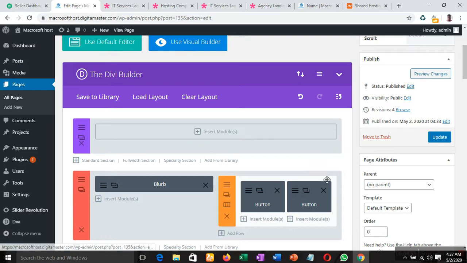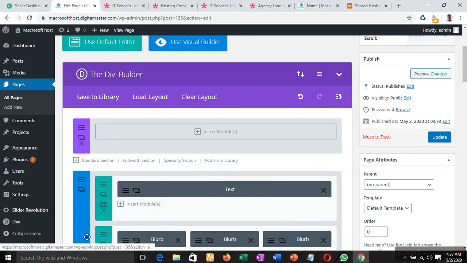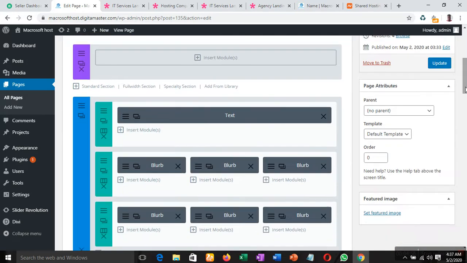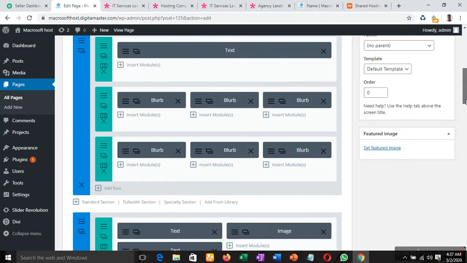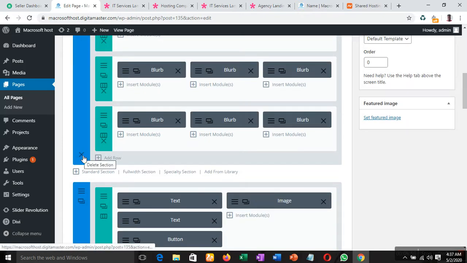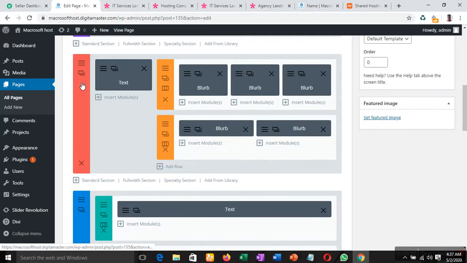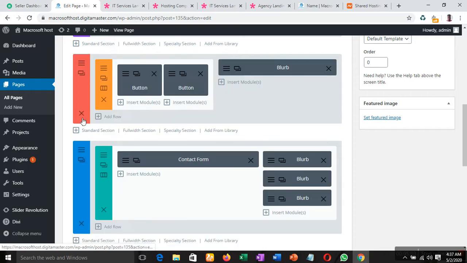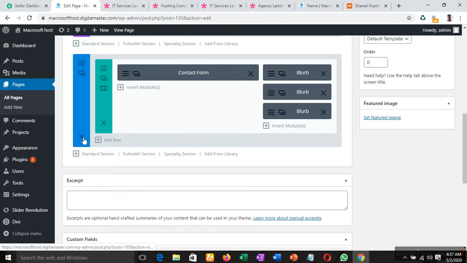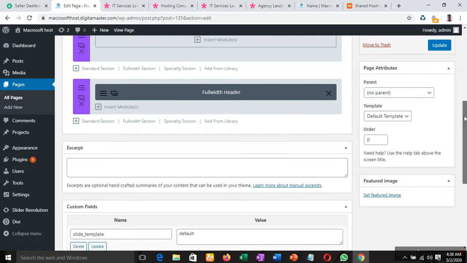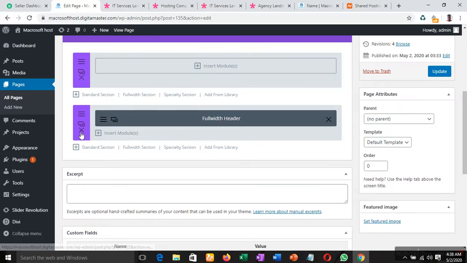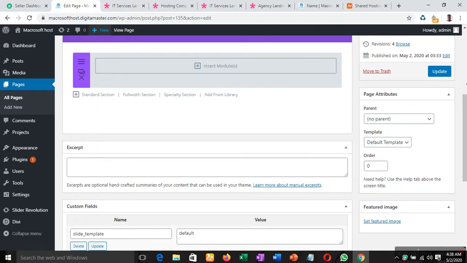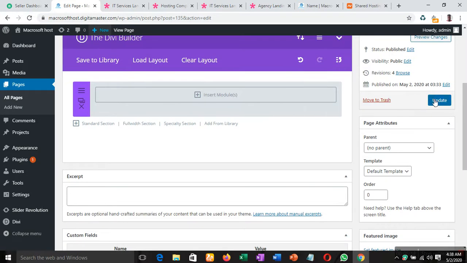Delete, delete, delete, and delete. So can you see now?